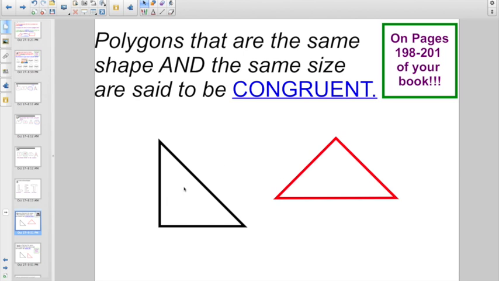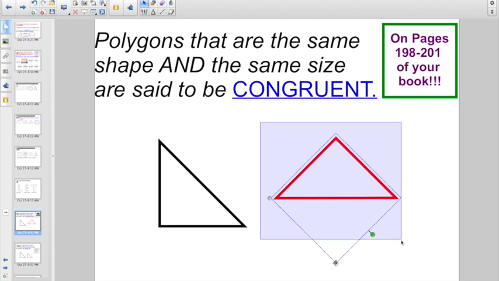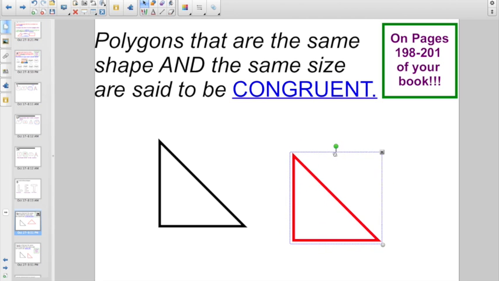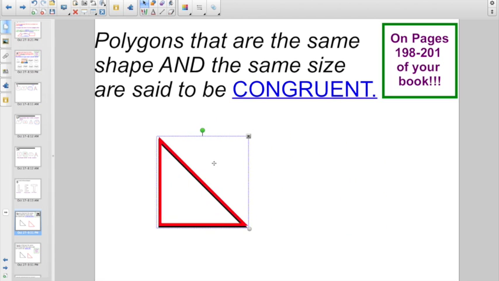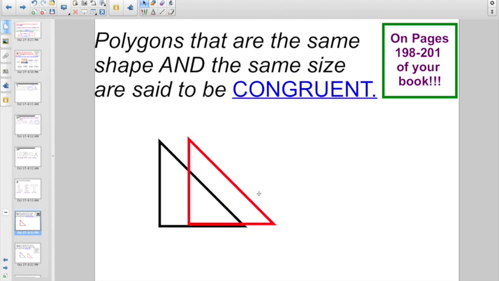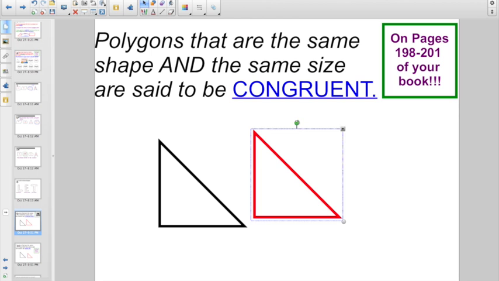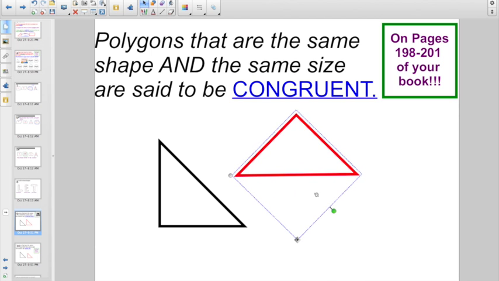And I was always bad at this as a kid because I have no spatial skills. I would highly recommend turning your book around, really looking at it, because I'm trying to throw you right now. Do you think these two guys here are congruent or not? Well, it all kind of depends on what angle you're looking at, because now they look the same shape, and I assure you they are exactly the same size. Don't be confused just because somebody tries to put them at a different angle. It's your job to spin around the book and make the call, and they are purposely going to try to